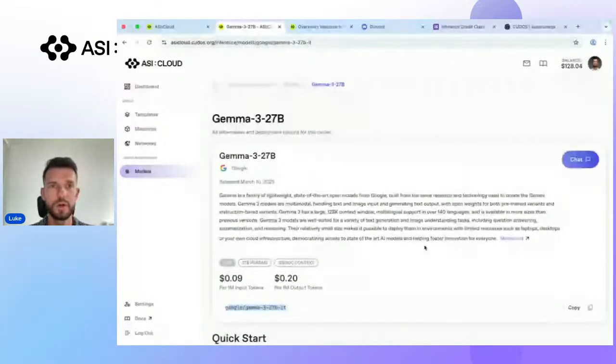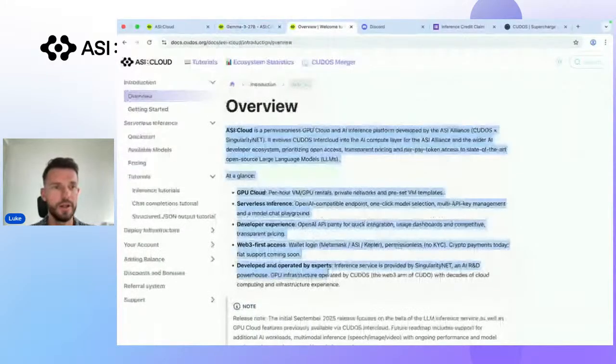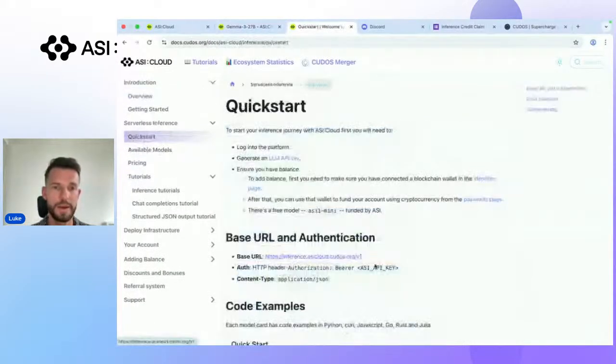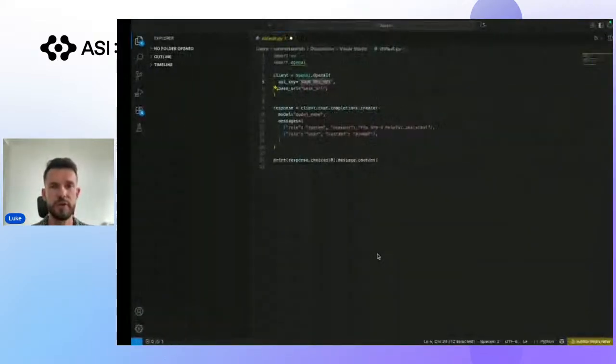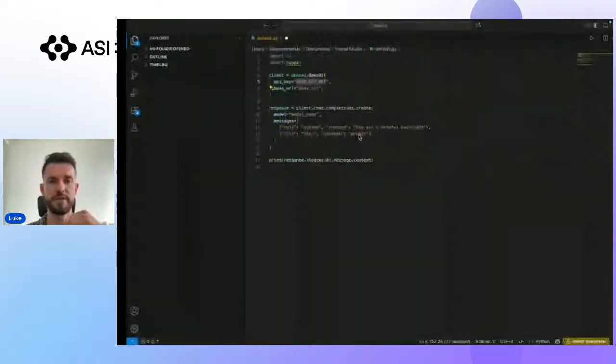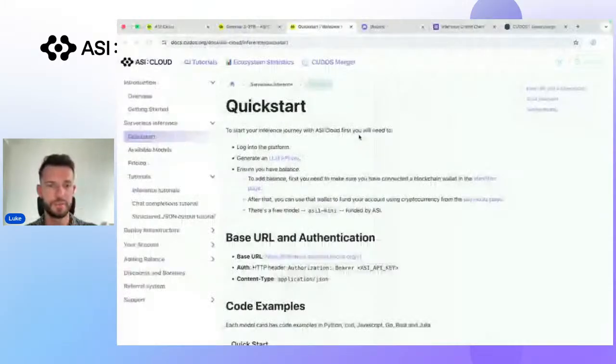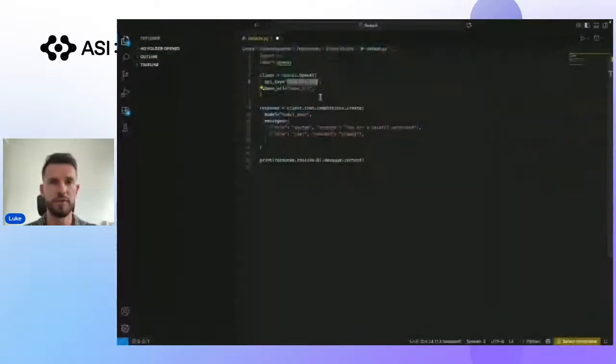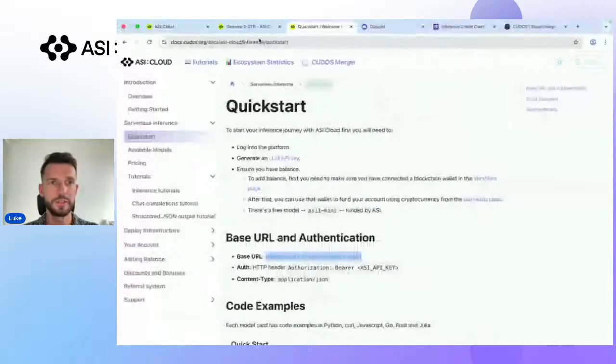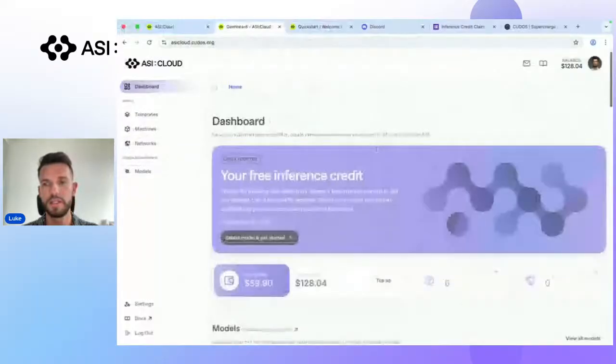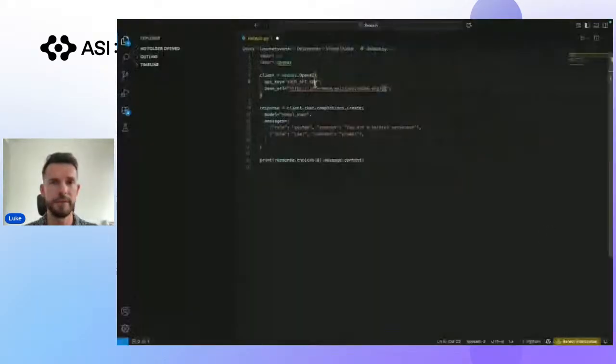So what you have to do is go to our documentation, which you can click here, and you can view information about the ASI Cloud, and go to our inferencing section where you can get the base URL. The base URL is what you want to use in your code to connect to our endpoints and get access to the inference service. So in this case, I've got a Visual Studio here prepared, which has a bit of a code snippet there, and I'm just going to copy my base URL here. You need to copy your API key as well. So if you go to the dashboard and get my API key here,